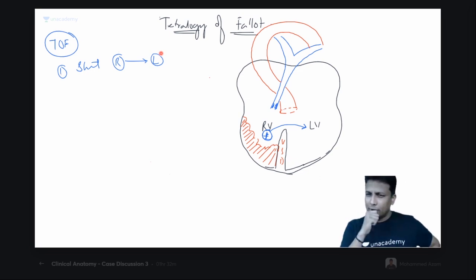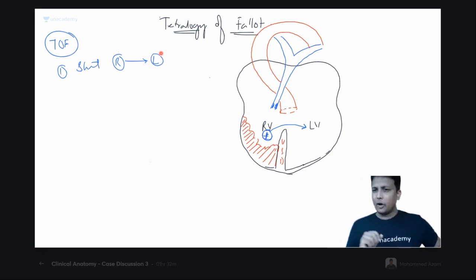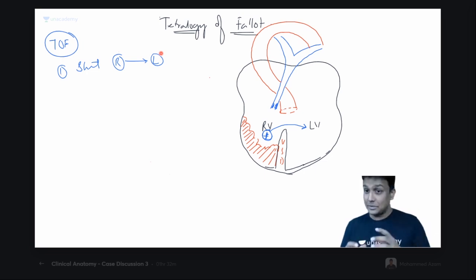Now, if shunting of blood is happening, will there be any abnormal sounds here? Do you have murmurs? Of course, it's not a normal heart. So normal heart sounds will not be there, right? There will be some murmur right now. Murmurs is actually a very big, separate topic. But here, tell me, will there be a shunt murmur? Because the blood is going from the right ventricle towards the left ventricle, because of shunting of this blood from right to left, will you be able to hear this murmur? I mean to say, will there be a shunt murmur? Does it happen or not? I'm telling you all the words which they will be using in the exam.